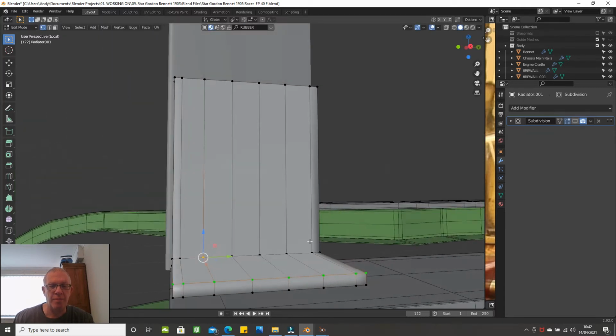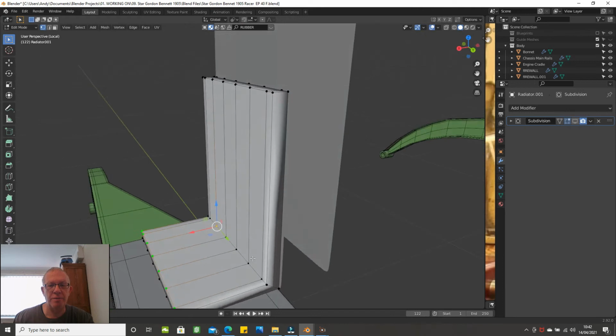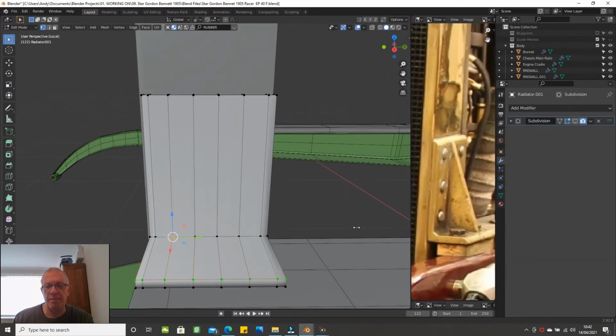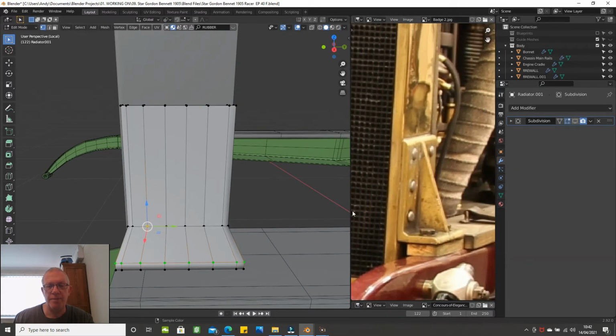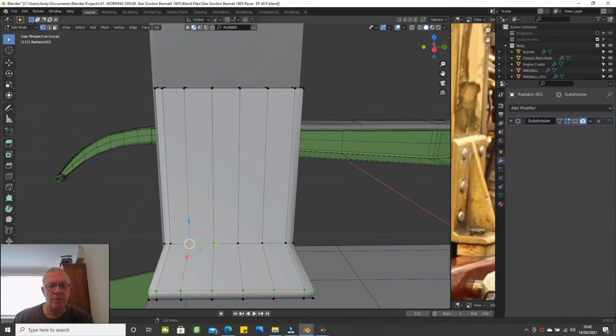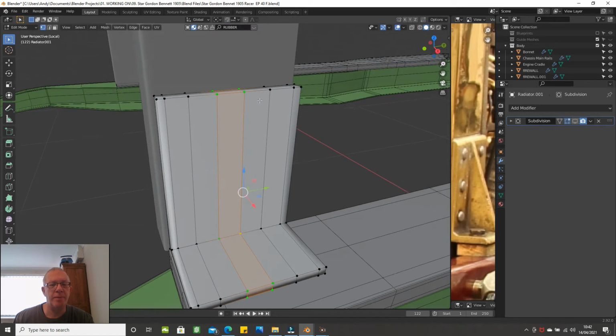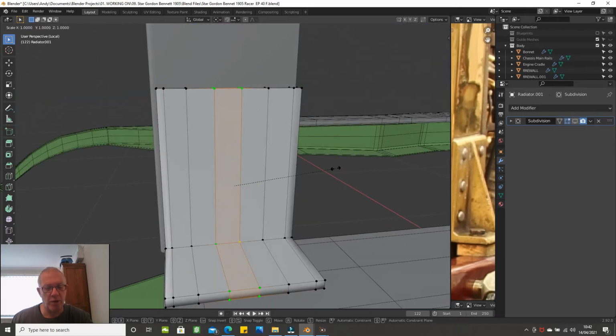So we've got our basic shape. Now there's a rib in the middle of the bracket, so if you look here, there's a rib here. Okay, so what we want to do is grab these two, and that looks a bit thick, so I'm going to make sure that we're in bounding box here, and press SY, so scale it in the Y axis and bring it into around about